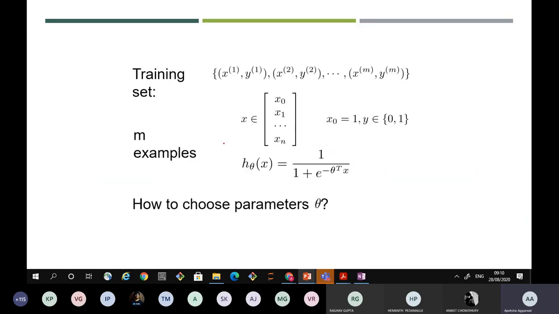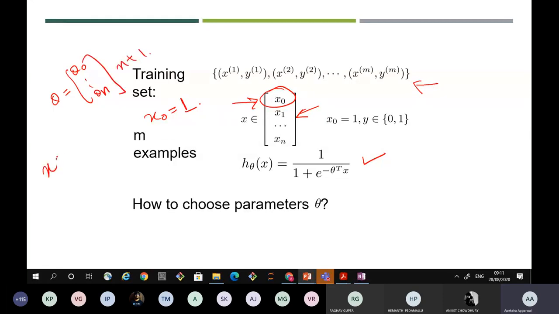Now let's come to the cost function. h theta x we have seen is this for logistic regression. We have m training examples and n features. There should be no confusion about this. We have no x naught feature, it is not present. By default we take x naught equal to 1, because we have to multiply the theta vector, which is theta naught to theta n, so this is an n plus 1 vector, and x is 1 to n, an n dimension vector. That is why we take x naught equal to 1, to make it n plus 1 dimensions.